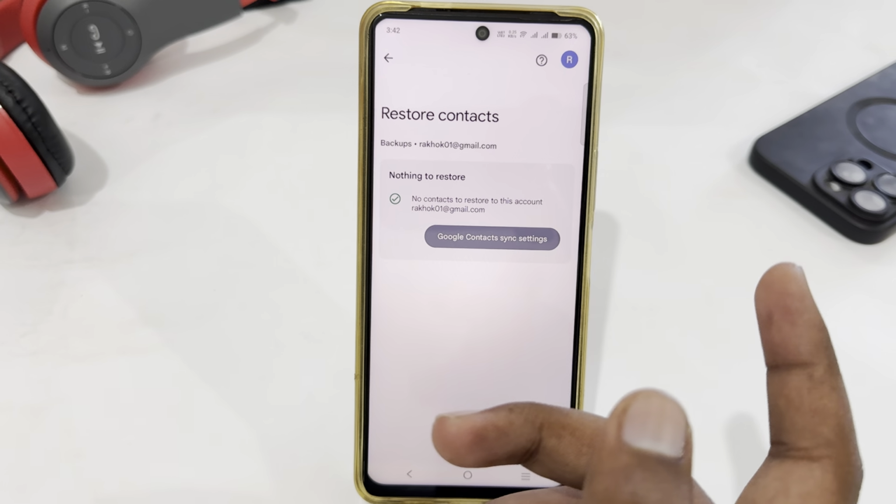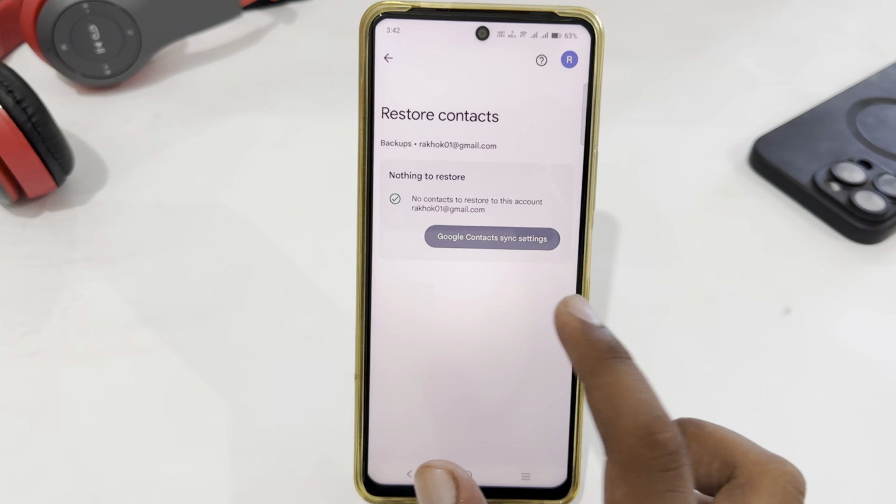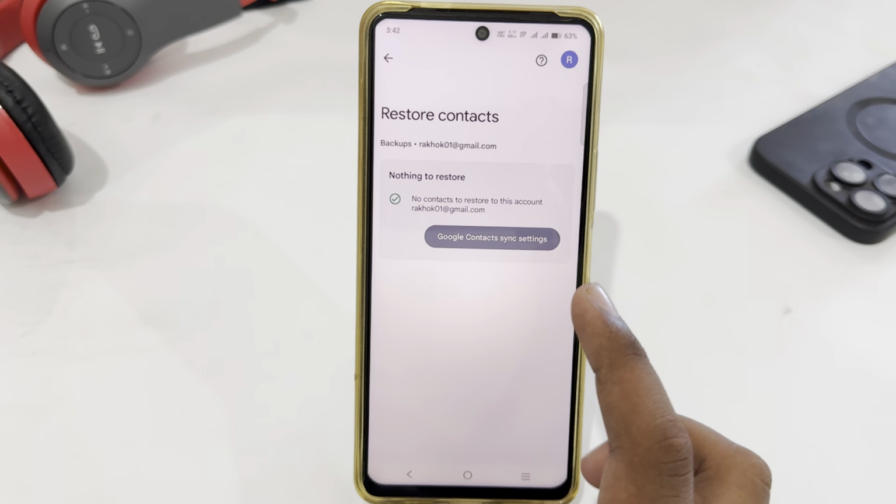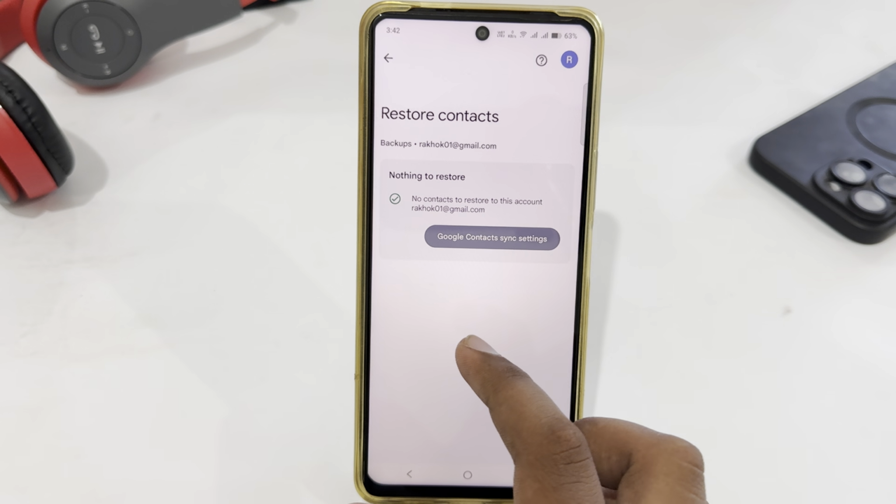So that's how you can easily transfer all of your contacts to Android. You can share your contacts from Android to